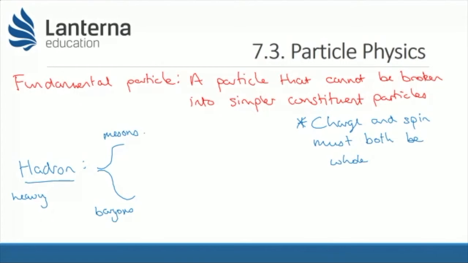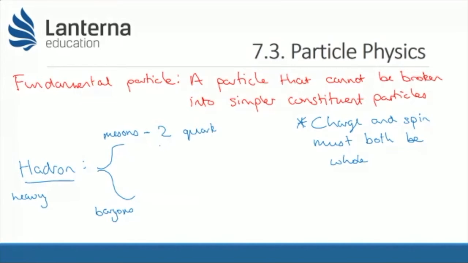So for a meson, I need a combination of two particles that add to make a whole number of spin and a whole number of charge. Spin, because I've got halves, is always going to give a whole number if I use 2. So mesons are 2 quarks,